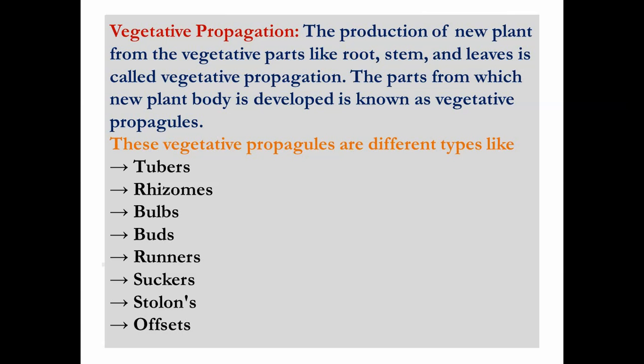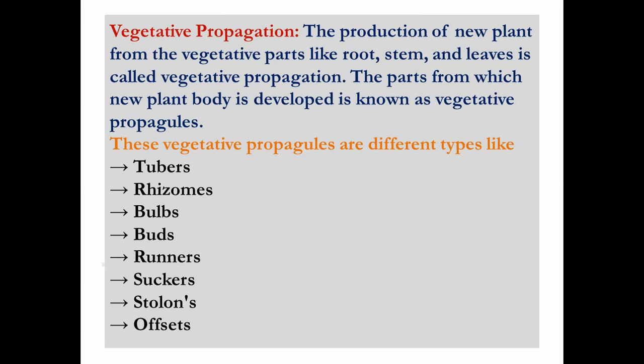That means in the parent plant body, the new plant will develop either from root or stem or leaves. That kind of reproduction is called vegetative reproduction, as the roots, stems and leaves are considered as vegetative parts of the plant body, as we already discussed in the 5th chapter of the 11th standard, in the morphology of